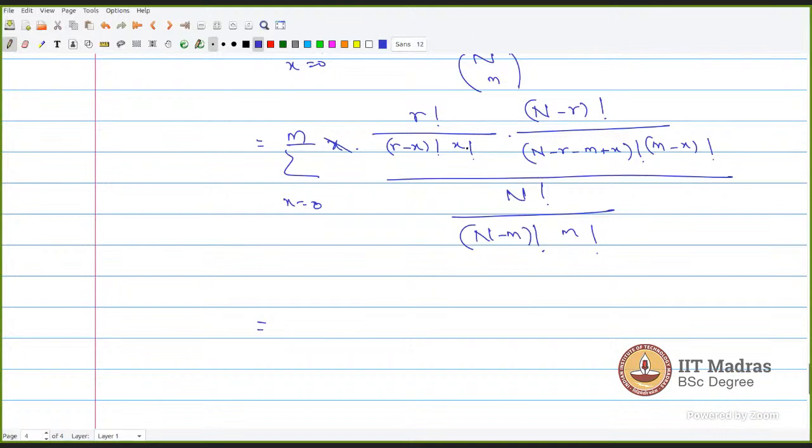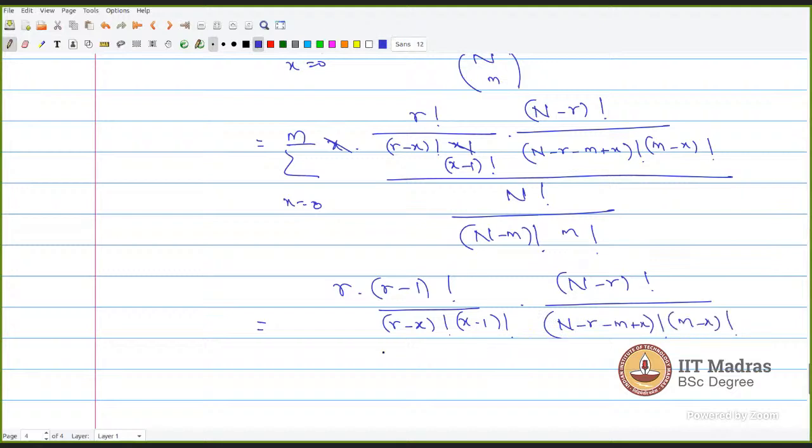The numerator. So what I do is I will write the factors r times (r minus 1) factorial divided by (r minus x) factorial, times, I will keep this as it is, (n minus r) factorial divided by (n minus r minus (m minus x)) factorial,